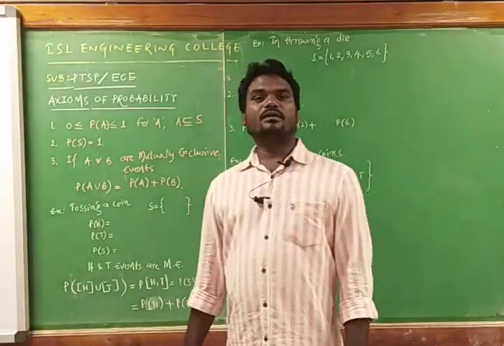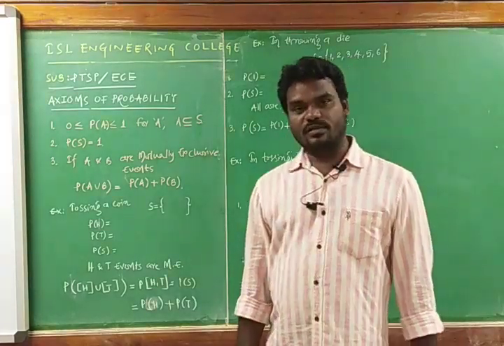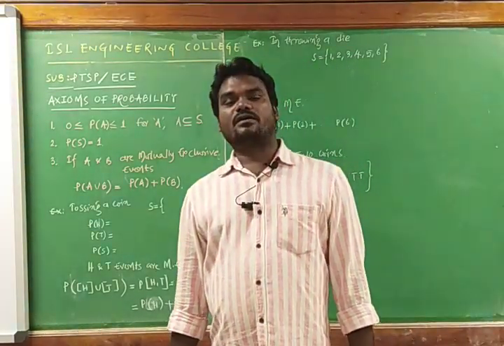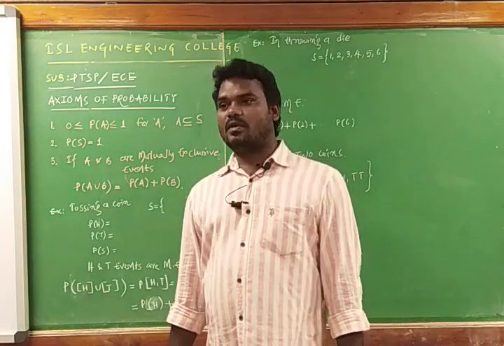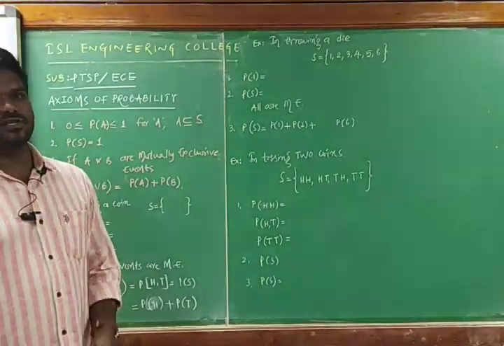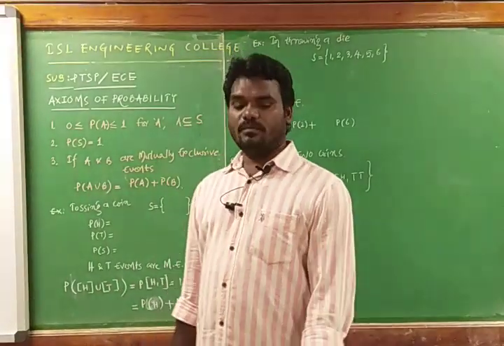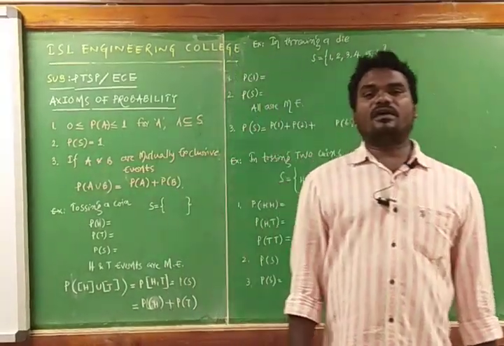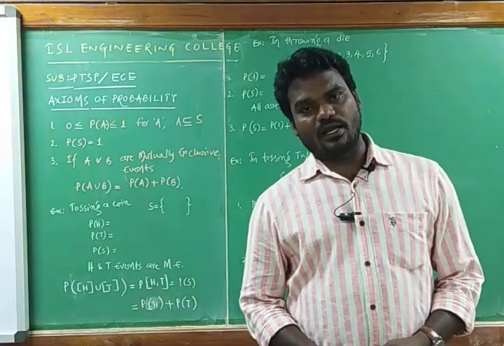That is nothing but conditions of probability. Axioms are nothing but statements or conditions for the possible probabilities. Coming to the first axiom, there are three axioms in probability. The first axiom is, if we have a sample space,